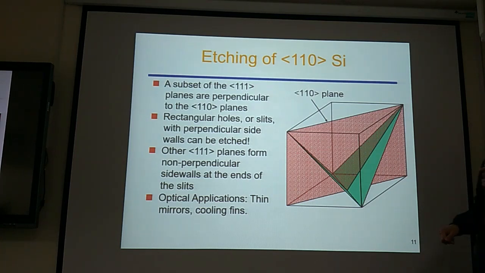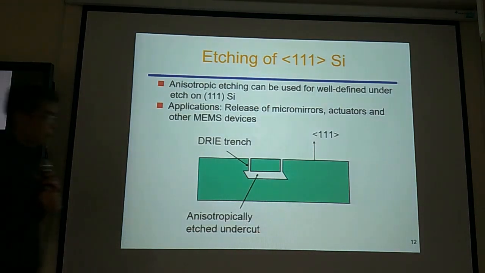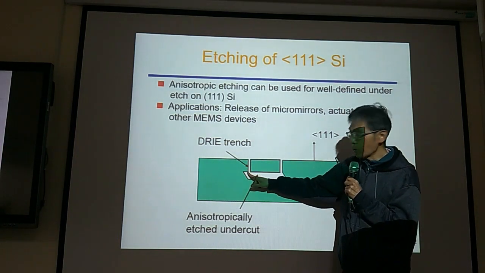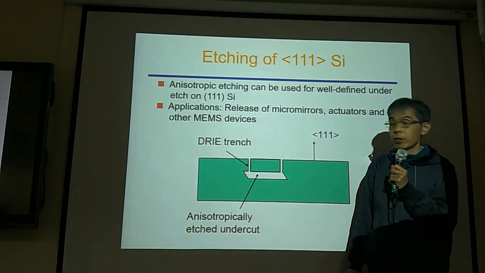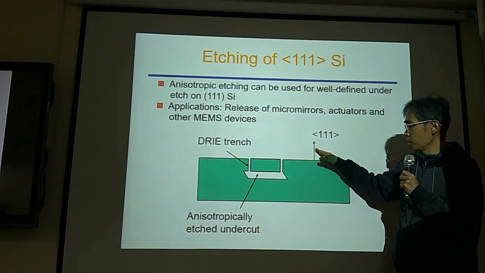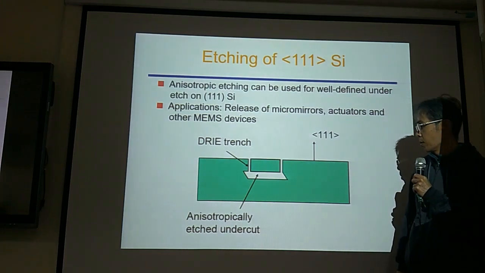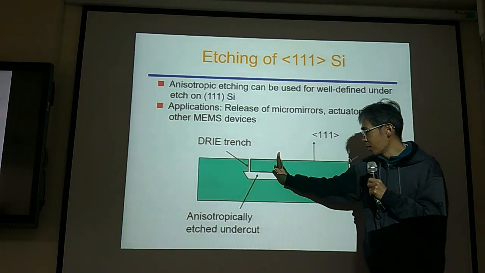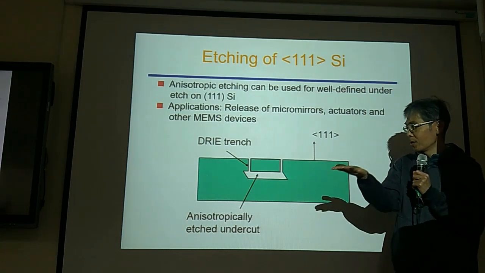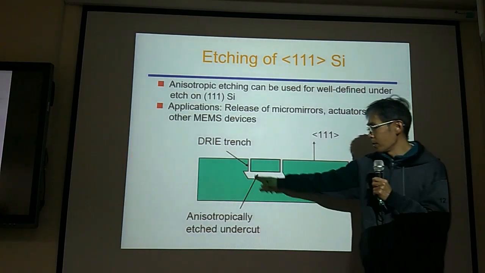So let's come to this one. So this surface is the 1, 1, 1 surface. But also this surface belongs to the 1, 1, 1 surface. You can imagine. It could be 1, 1, 1, and so this one could be, you see, this one and this one. They are just the same surface. If the second wafer, this surface and this surface, it could be, so this one could be 1,